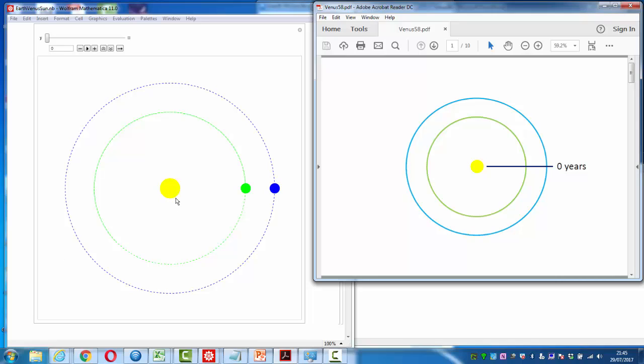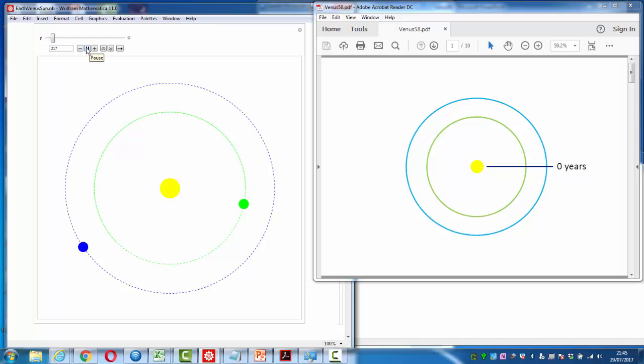Let's imagine, as before, we have the Sun here in yellow, Venus in green, and the Earth in blue. At time 0, measured in days, or indeed in years, we'll start off with the Earth and Venus on the same side of the Sun, and as we let them go round in their orbits, we see Venus moving ahead of the Earth. They're about opposite now. Venus has started to catch up with the Earth, and after about 583 days, we can see once more